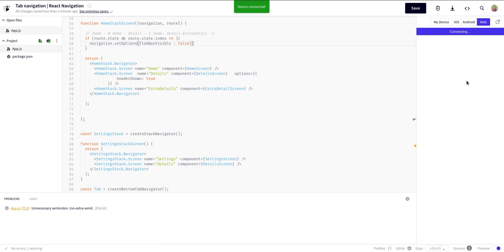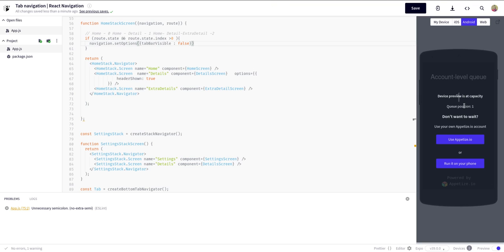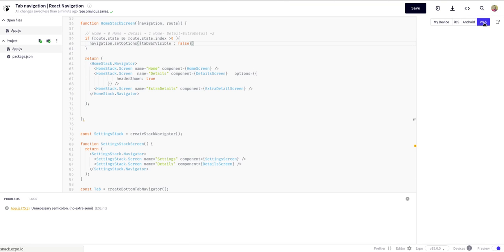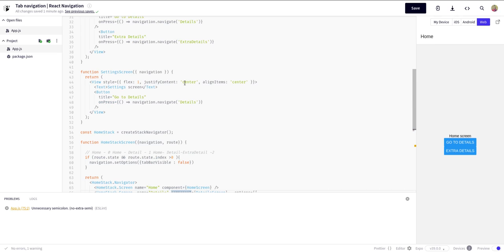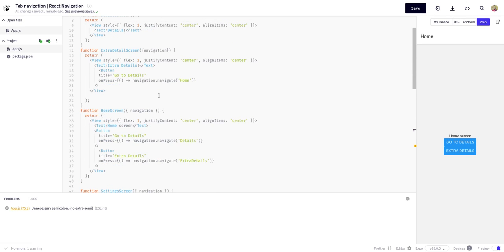Let's stick with Android itself. Let's tap to play. We are on the queue, so no problem, we can stick with the web. You can see that if I go to the extra details, the tab bar was hidden. If I again go to the details, I need to change the routes. Here I need to move to the details, right? If I go to the extra details, it was hidden, and if I go to details,